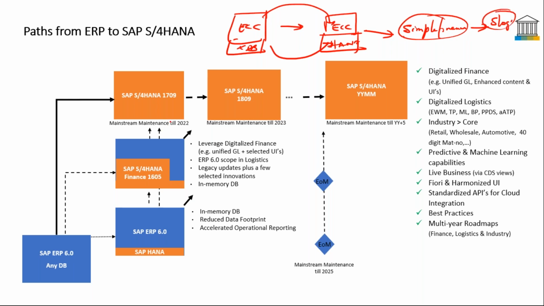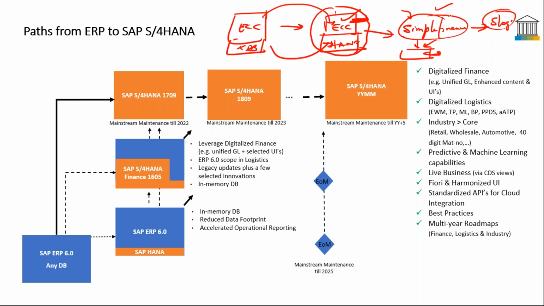If you see here, they will be going for Simple Finance first, because once your Simple Finance is integrated and then you implement your logistics, the realization will happen in your Simple Finance. That's the reason they go for this path. Normally in all these migration projects, you would have heard of data migration projects and HANA migration projects. People will be in this stage, migrating from their database to HANA, but the system is still your ECC system. So the old transactions like MB1B, MB1A, MB1C will all be existing and running on your ECC system. You'll find all these transactions in these migration projects.